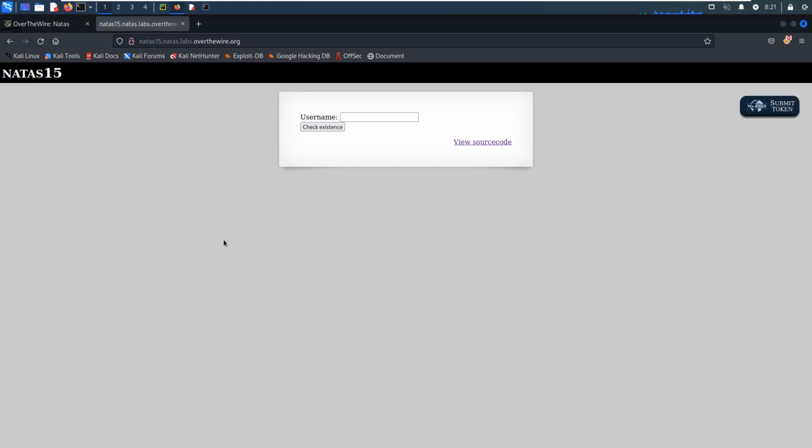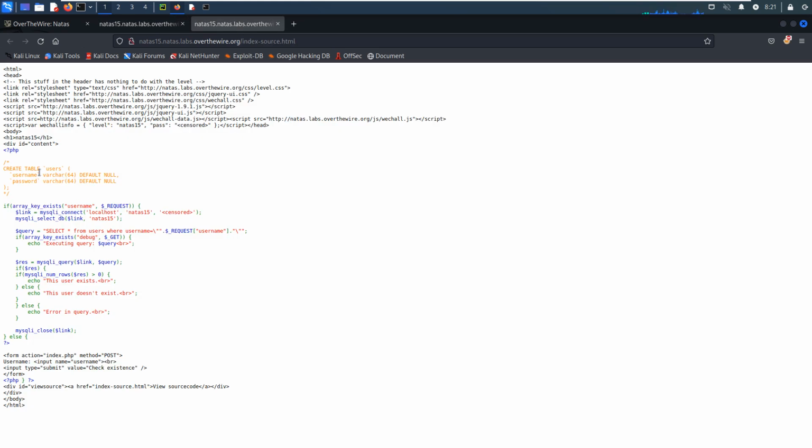All right, I think this one is very similar to the last one, and has a lot to do with SQL injection. We can view the source code by opening the link in a new tab. You can walk through the code. I think this part should catch our attention most. We do not need to care about the headers, some forms, and the HTML code. Here, this section will tell us the table information. The table name is users, and the two fields, or two columns, are username and password.